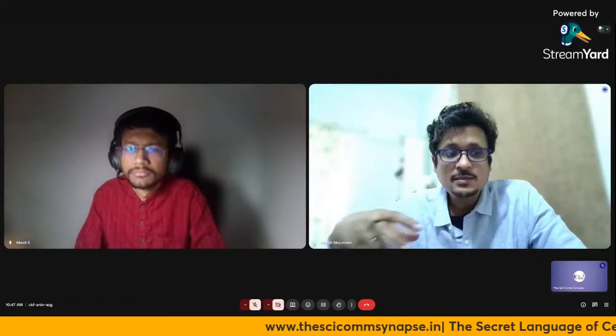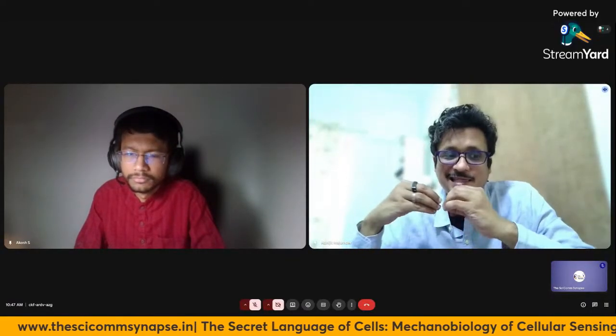Number one, it is an adult stem cell, so it can be collected from an adult human being. We don't need cord blood stem cells or embryonic stem cells, those neonatal kinds of things. The second point is that they have huge potential in regenerative medicine. They have the potential to create bone, muscle, neuron, cartilage, etc. And the third thing is that they secrete molecules that have an ability to control our immune system.